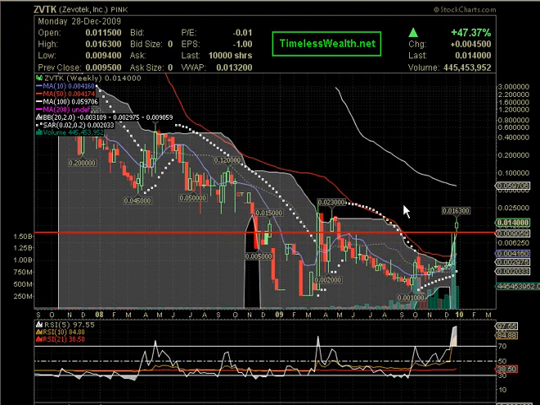One, the fact that it dates back to being resistance in earlier areas right here, as well as the fact that it poses psychological resistance. That is, when a stock goes from sub penny to penny, there is always resistance at the 1 penny mark involved. And on Monday's trading session, the price gapped up above this resisting level and closed above it, showing strength